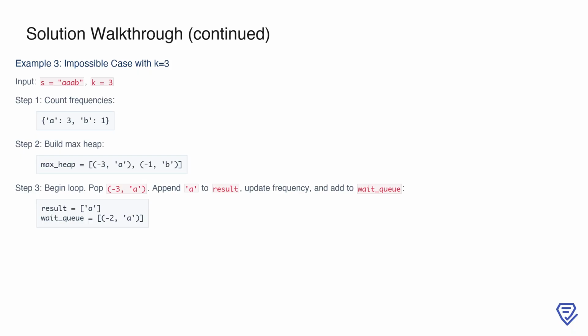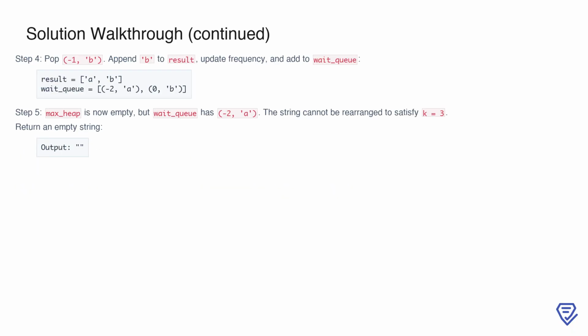We start by counting the character frequencies, which gives 3, b, 1. Using this, we build a max heap that prioritizes the most frequent characters, resulting in -3, -1, b. In the first iteration of the loop, we pop -3, append it to the result, reduce its frequency to -2, and add it to the wait_q. At this point, the result list is and the wait_q contains -2. In the next step, we pop